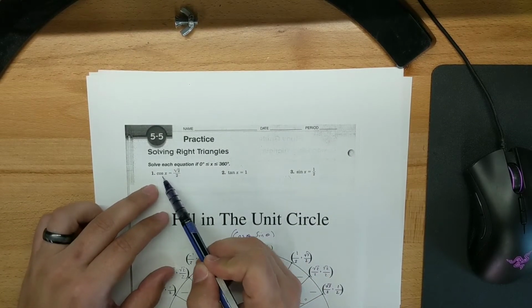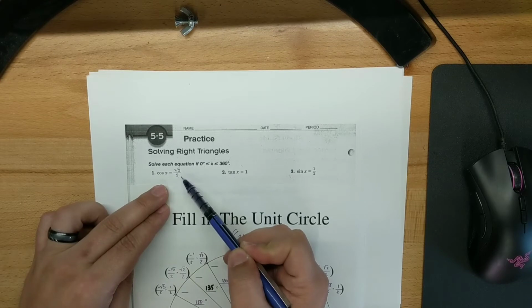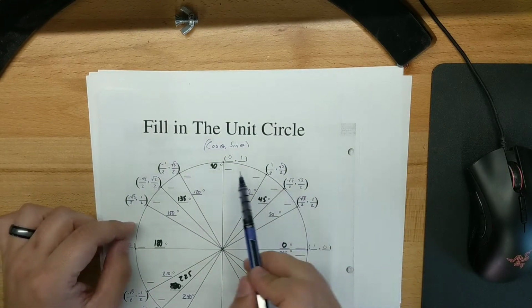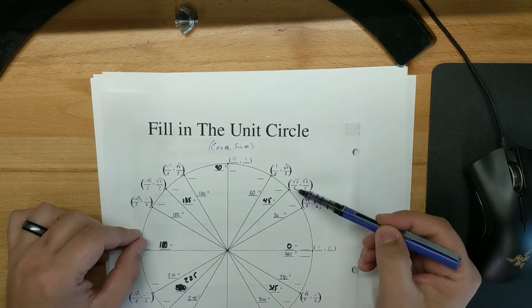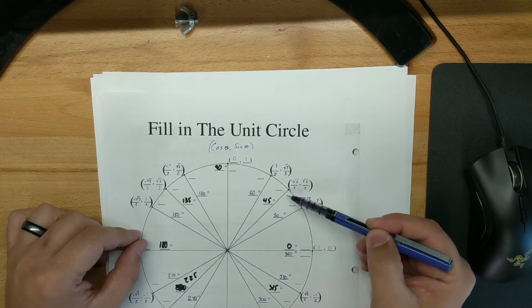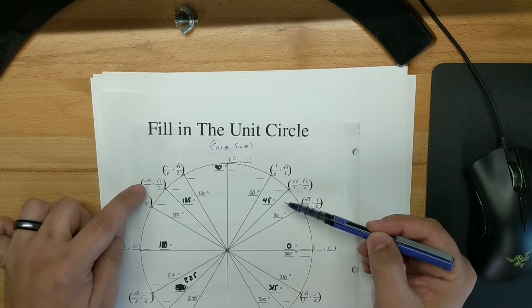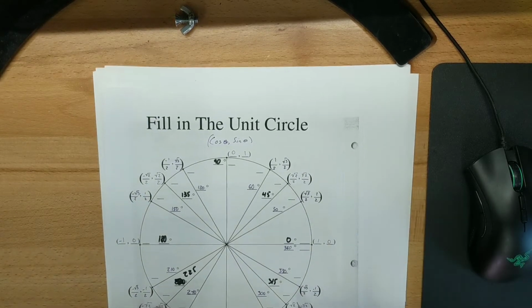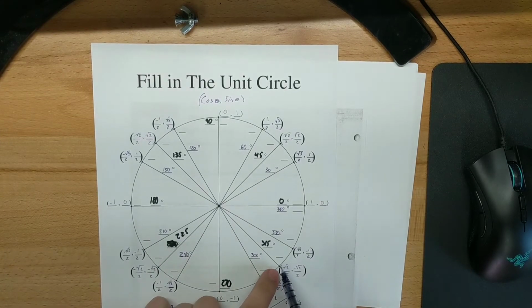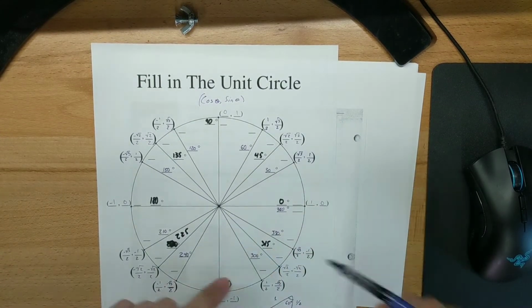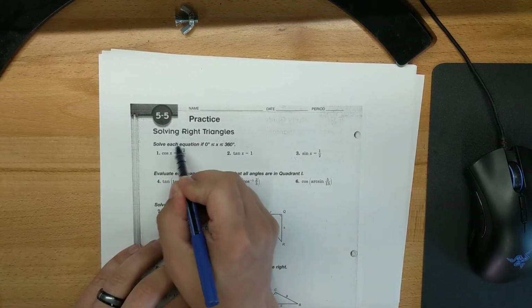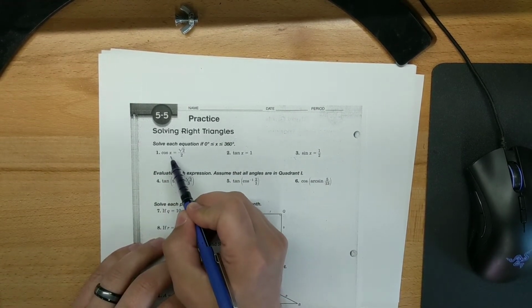Like the cosine of what angle equals the square root of 2 over 2. Well, you can grab your unit circle and say, okay, well, the cosine is the x value. That appears to happen here at 45 degrees. Kind of over here, except it's negative, so no, not down here. X is negative as well. And it happens again right here at 315 degrees, where it's positive. So 45 and 315. What you got to realize is that this statement means the angle that has a cosine